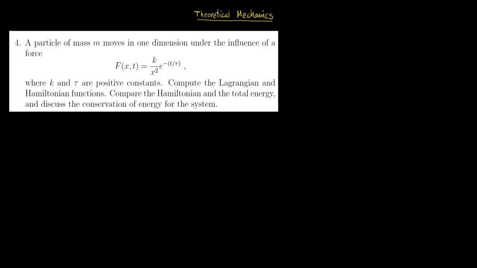Okay, now let's do exercise 4, which says that a particle of mass m moves in one dimension under the influence of a force, this force, where k and tau are positive constants. Compute the Lagrangian and Hamiltonian functions, compare the Hamiltonian and the total energy, and discuss the conservation of energy for the system. Okay, what we know is that if the force is k over x squared times e to the minus t over tau,